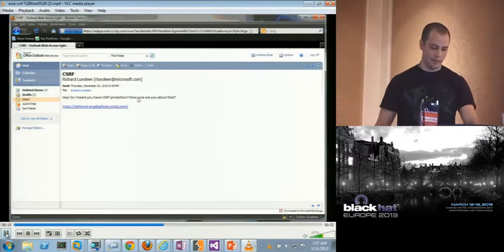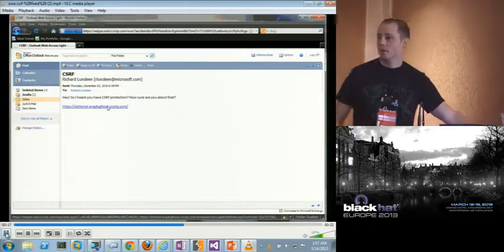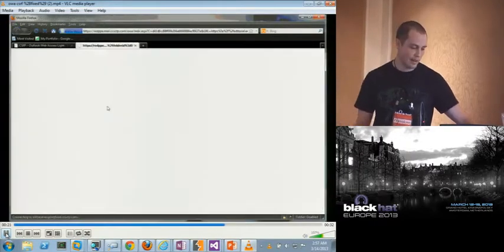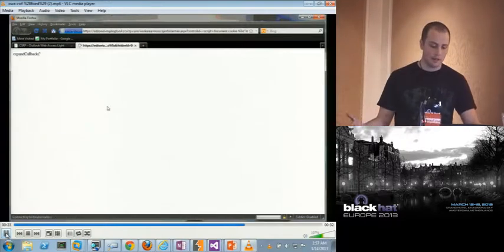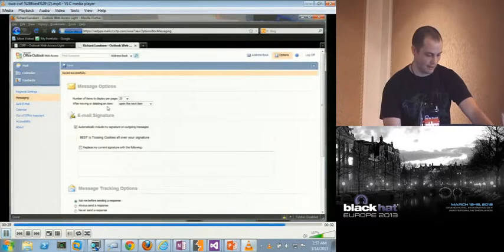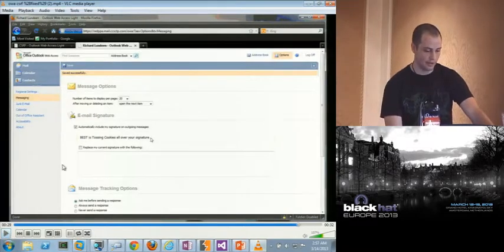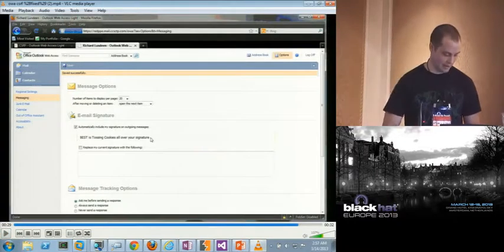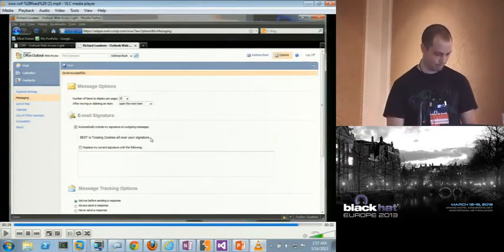This one link, when you click on it, has a cross-site scripting in it. It's not the same domain, but it's a neighbor domain. That cross-site scripting executes, sets my cookie, sets them to be equal, and then we can bypass the CSRF protection from OWA. And so now we've updated our signature, which is not a super severe attack, but it's a generic bypass. Or it was, before it was fixed.